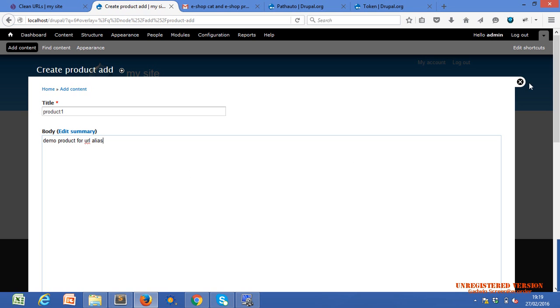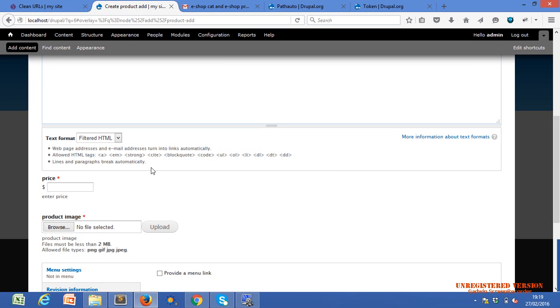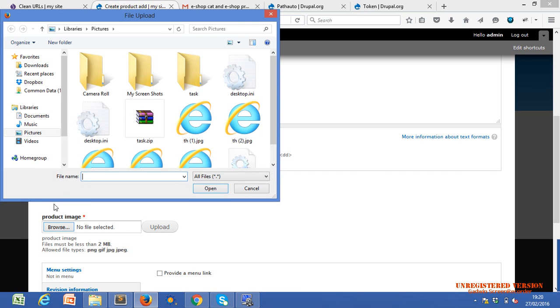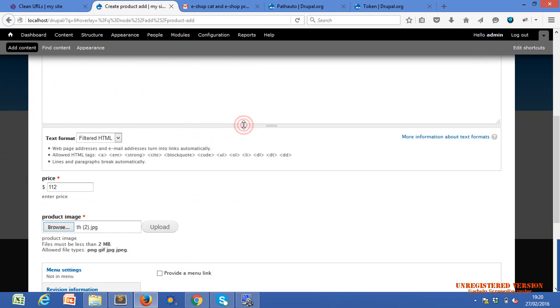I will not set this product to a menu link. Okay, just publish to our front page, so we can get it on the front page also. These are the required things. We have seen these two things while we were creating the custom content type, or not, Nazar, Khushi? We have created these two: price, and the browse button for image, meaning one upload button for image uploading.